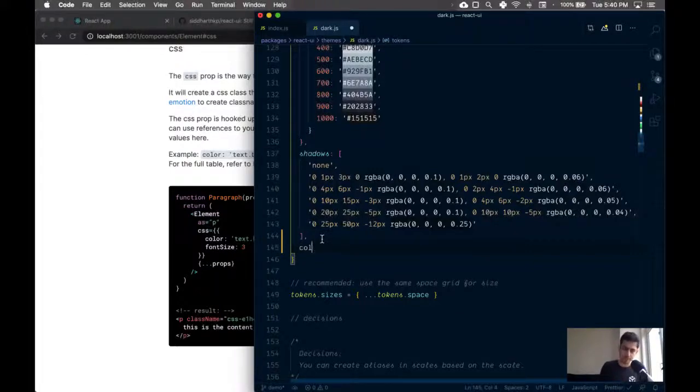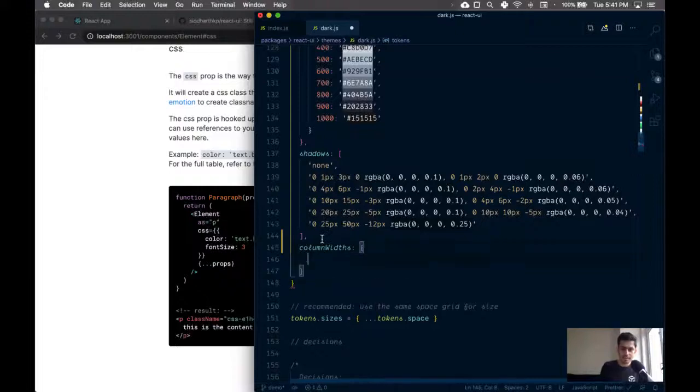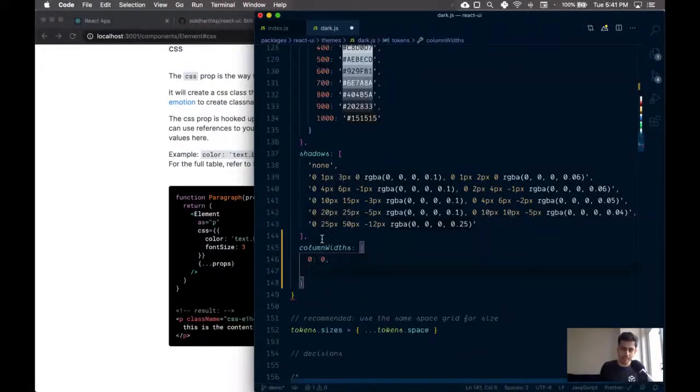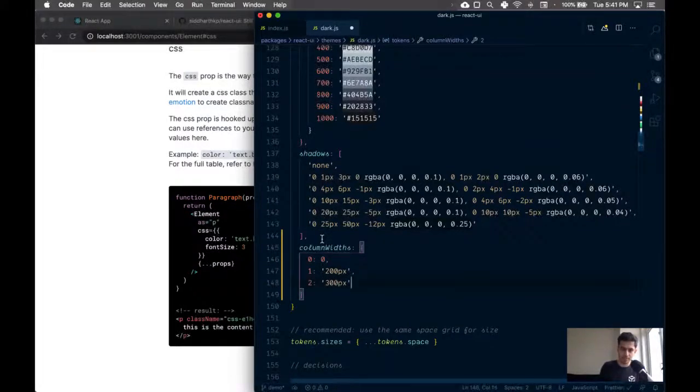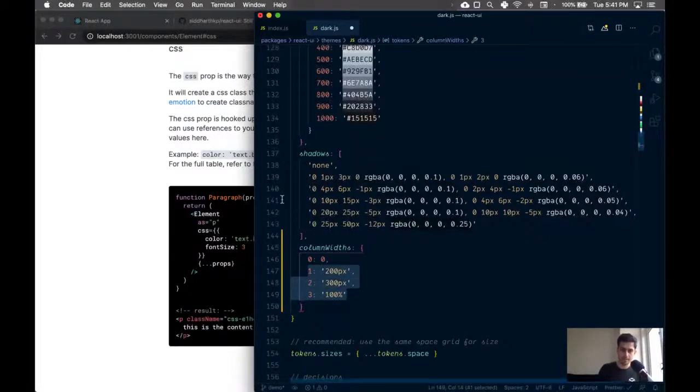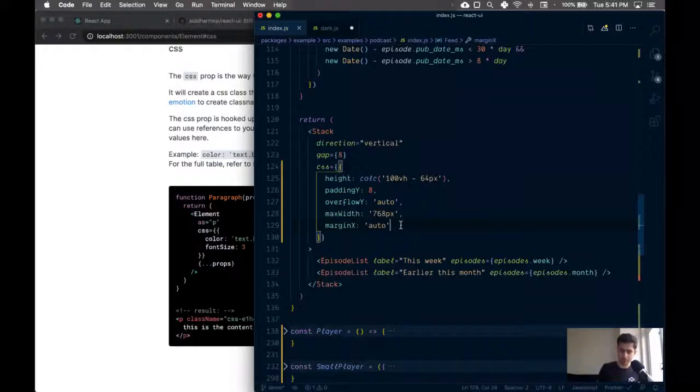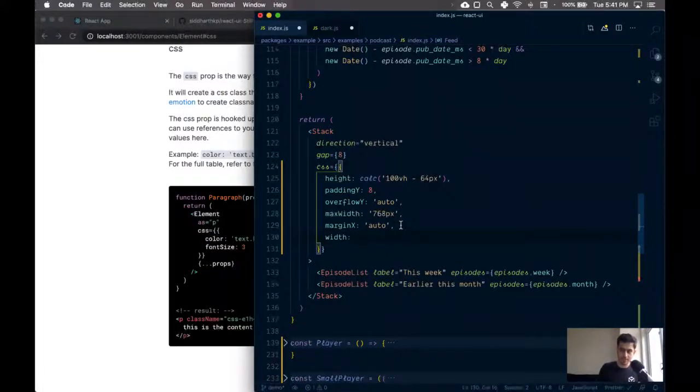You could make a custom property called column widths, right? And it could have values. I like to start with 0, but you don't have to. And you could define your own values. These could be on a scale, maybe they're not on a scale. It's totally your decision. And then in your property, when you say width, it doesn't have to be width, it